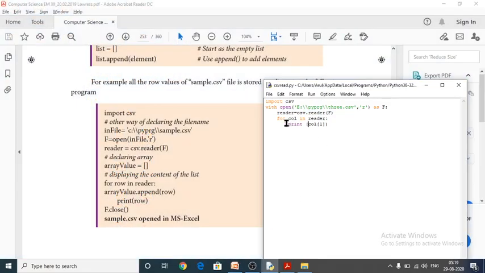So here I would like to remove this one. In file is equal to where I have stored it, that should be given: e colon double slash pyprg, because this is the path of my file, and here I have to give thre3 dot csv,